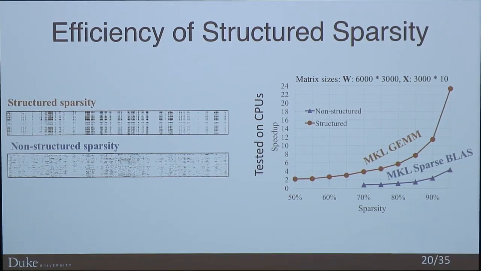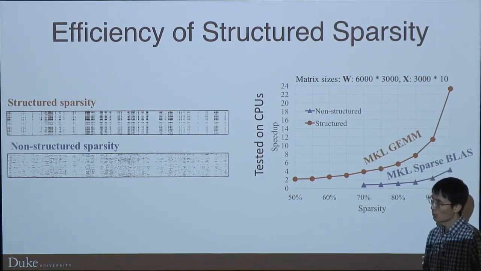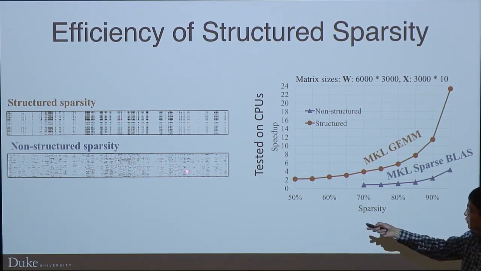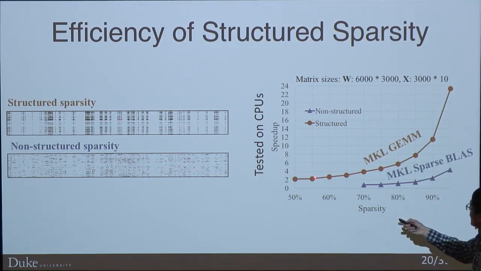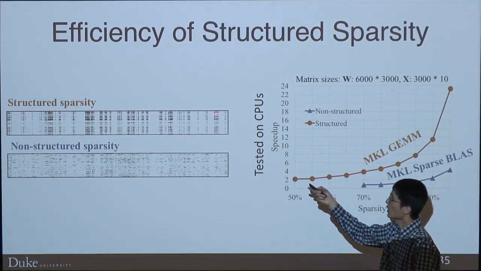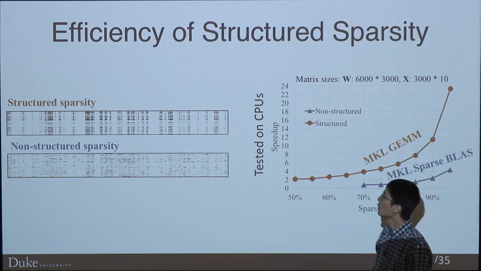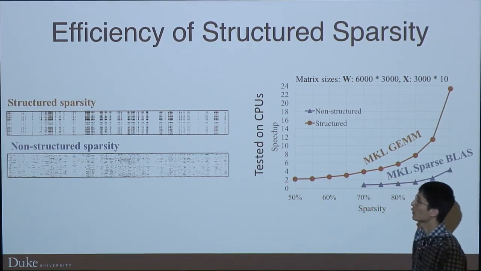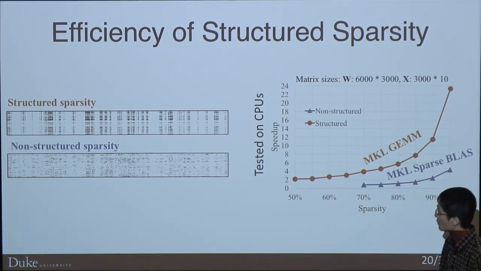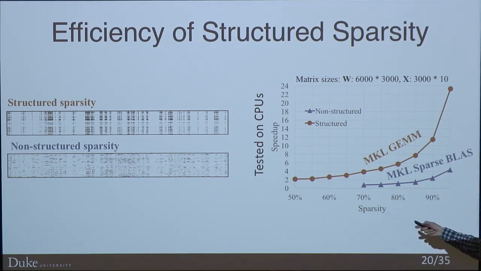To make it more efficient, we think we should use structured sparsity instead of random non-structured sparsity. Here is an example to show the scalability of structured sparsity versus non-structured. When I say structured sparsity, I mean a lot of rows and columns are all 0. So we can just remove those zero rows and columns and compress it to a small dense weight matrix. Because it's dense and small, it can compute much faster.